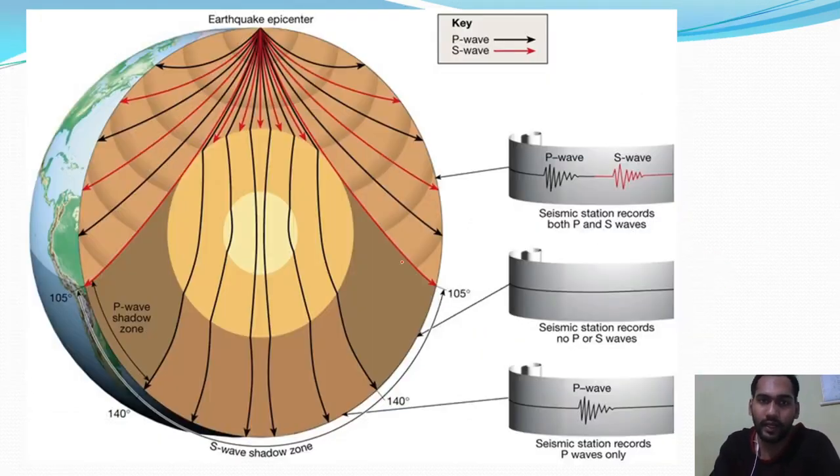Okay, so here there is a term called shadow zone, seismic wave shadow zone. There is a term named S wave shadow zone. You can see here the legends: the S wave is represented as red lines and the black lines are the P waves, right? So what is the seismic shadow zone? You can see here there is a ray, this is an S wave. It is coming directly from the source.